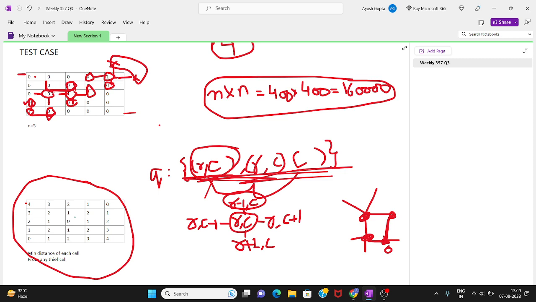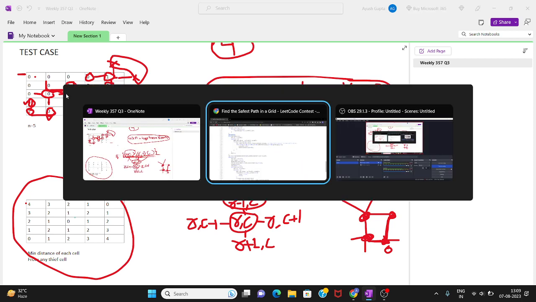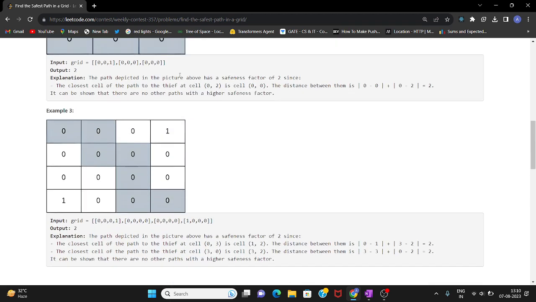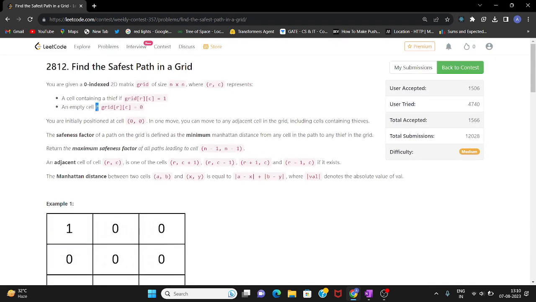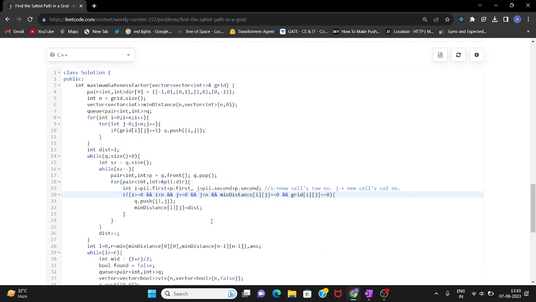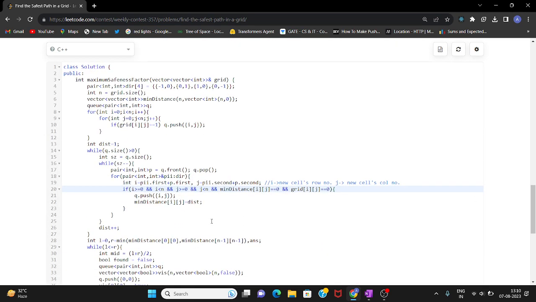Now see, from this cell, if I try to go to this rightmost cell, which is a thief cell already, so we have to check whether it is a thief cell or not. So we are here checking if grid[i][j] is equal to 0. 0 indicates that it is an empty cell, because an empty cell has to be filled.